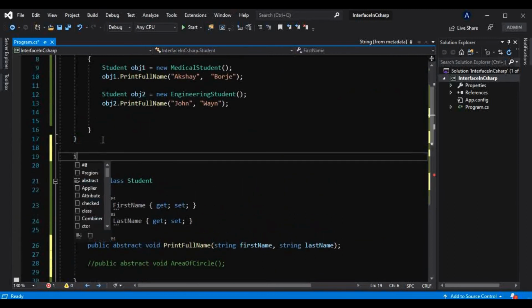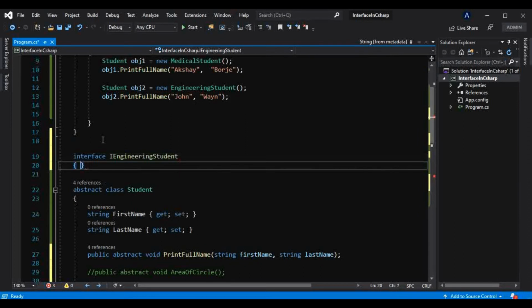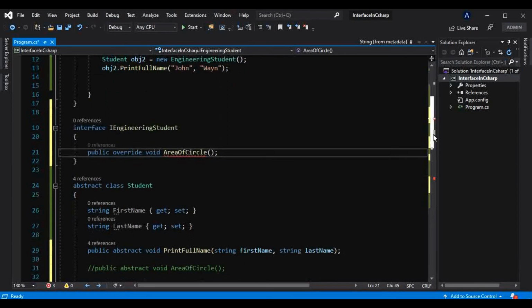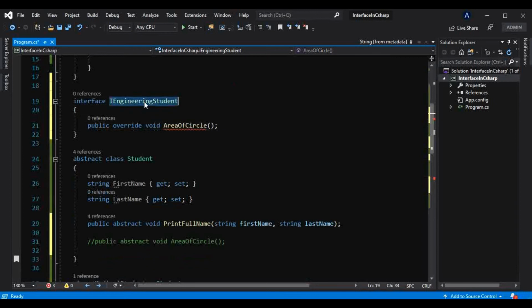Okay, interface IEngineeringStudent, like this, and we will have that method here. And we will inherit.